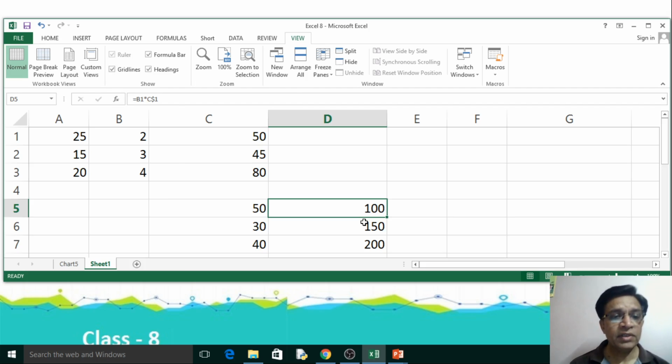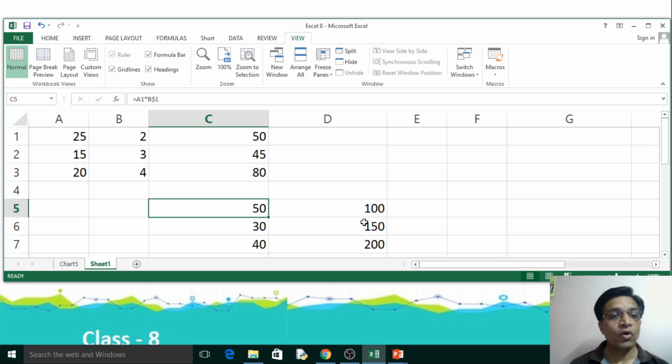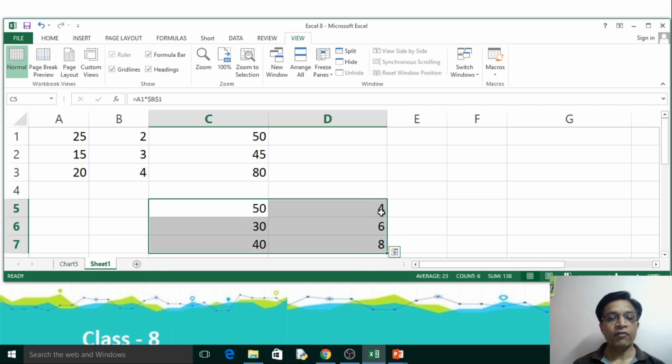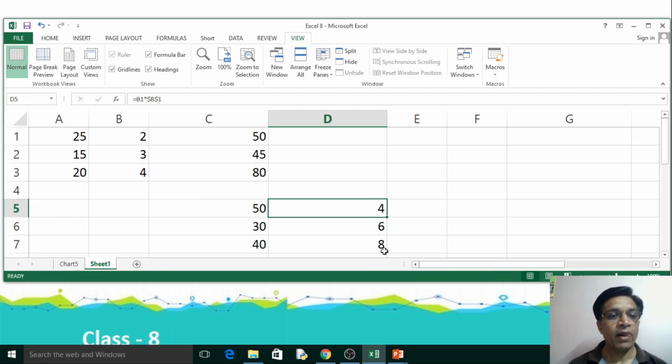Now suppose I want the column B to remain the same. So I'll put a $ sign here and drag it down once again. Now if I drag it to this side, you will find that B1 remains the same, and the one which earlier changed to C1 also remains as B1.